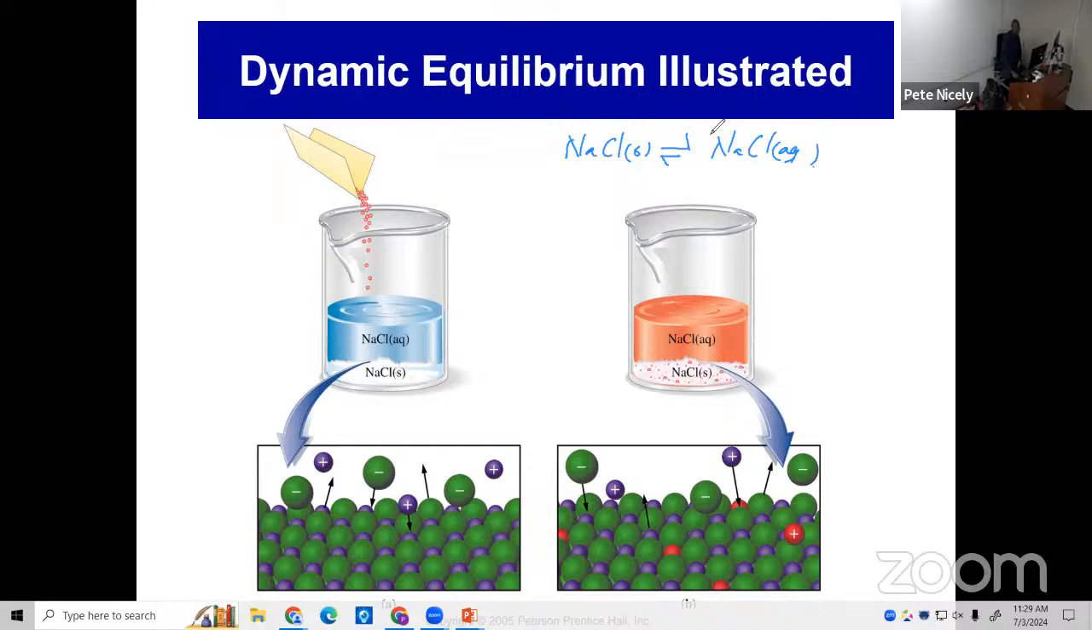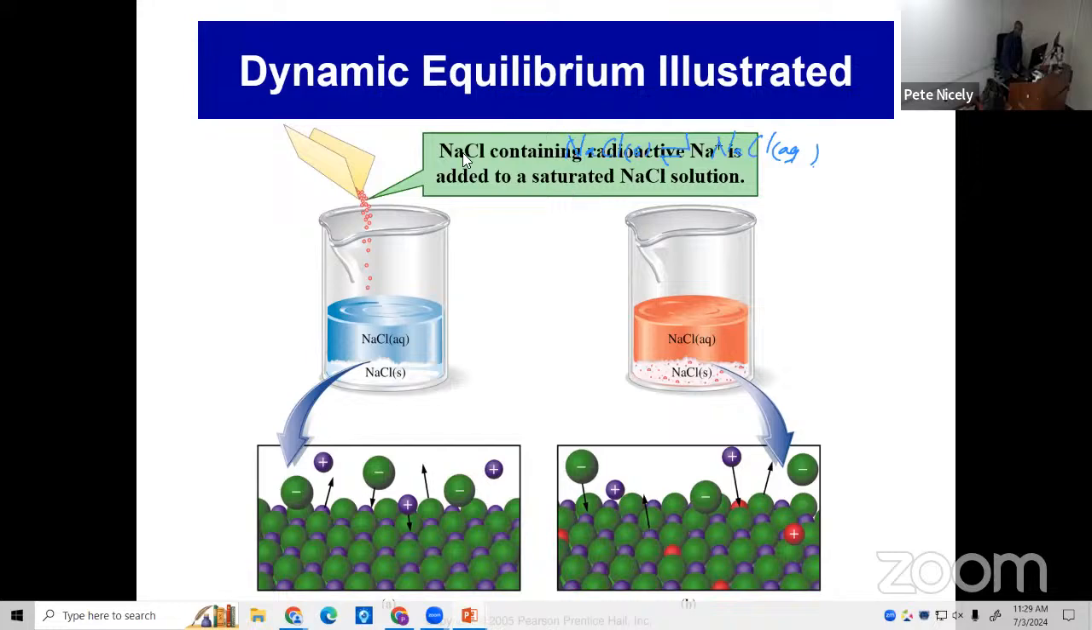Now, what this person, whoever this person is, decided to do is to add some sodium chloride, but the sodium ion is radioactive, all right? So you're adding sodium chloride containing radioactive sodium ions, right? So that can be detected. We have instruments that we can use. There's one that's called a Geiger counter where you can use it to detect the radioactive form of a particular element. So when this person added the radioactive sodium chloride to the aqueous solution, then what happens